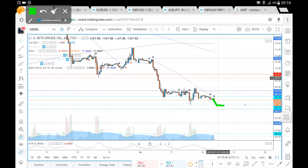If however we do find support in around 67.12 and we do break and hold above 67.73, looking for a retest of 68.19, successful break from which we're then looking for prices to head up towards possibly the $69 a barrel level. But the very next key important level, if we do successfully break beyond 68.19, is of course the 69.51 here